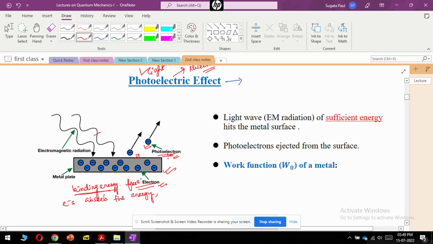Now, this is the whole concept of photoelectric effect, that a light or radiation is incident on a metallic surface,